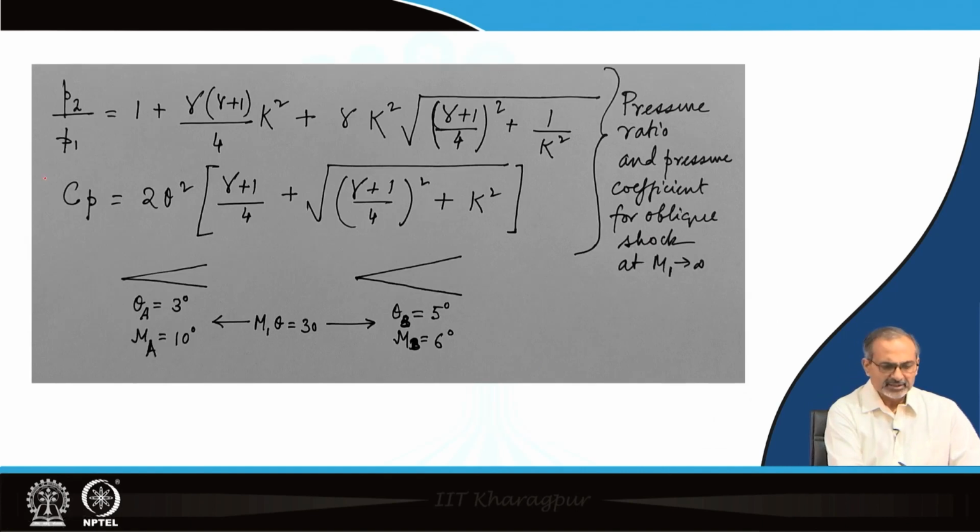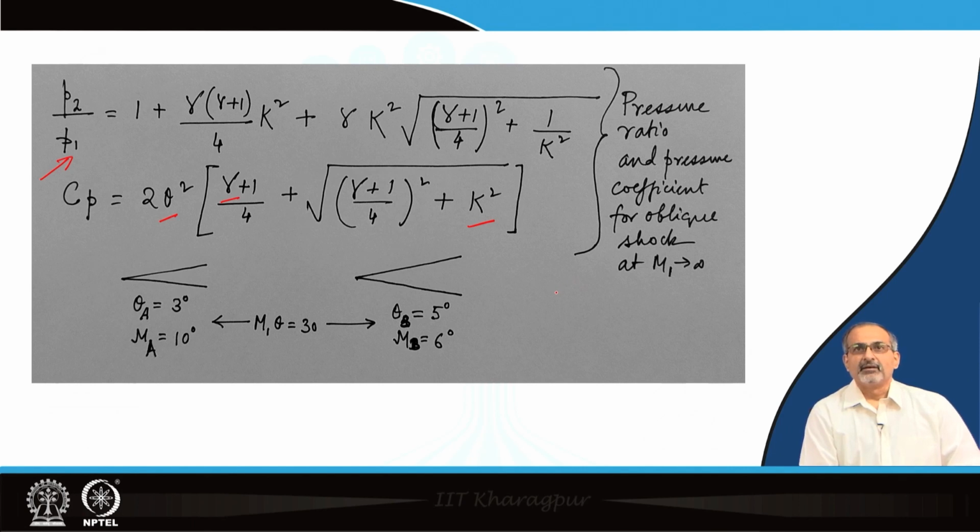The pressure ratio can be expressed in terms of K and gamma through this relation, and the Cp again in terms of theta, gamma and K using this relation. Now, these equations for pressure ratio and pressure coefficient are specific to oblique shock and in the limit that M1 tends to infinity. When it comes to the similarity parameter K, the interpretation could be like this,